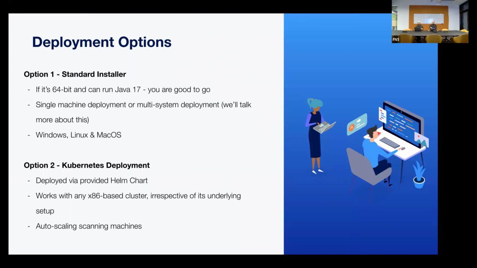If your preference is more towards containerization, we do have the Kubernetes option available. So this is deploying via our Helm charts that we supply for the application deployment. Again, the notion here is that we want to be as agnostic as possible, so there are a few pre-requirements to meet, but as long as it's an x86-based cluster, you should be able to get up and running on whichever platform you have, be that a cloud provider or private, and then you can take advantage of the auto